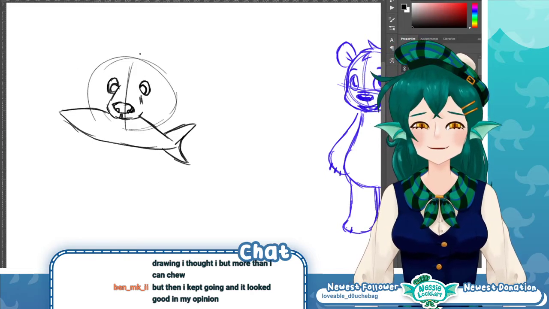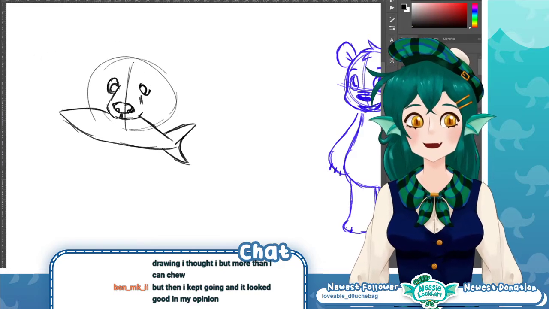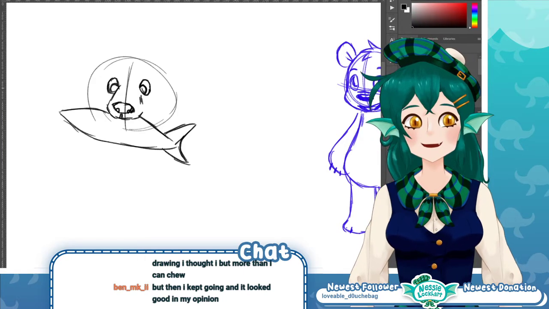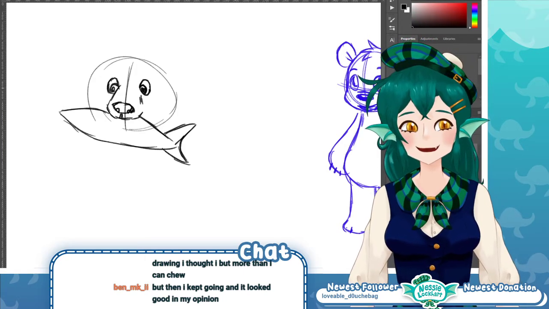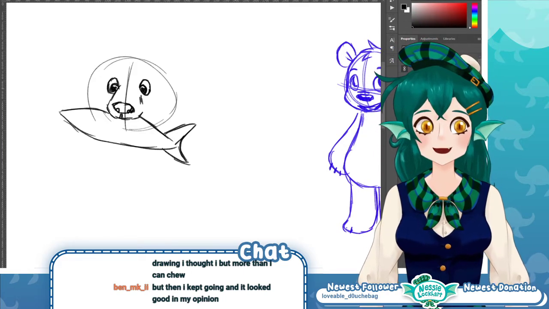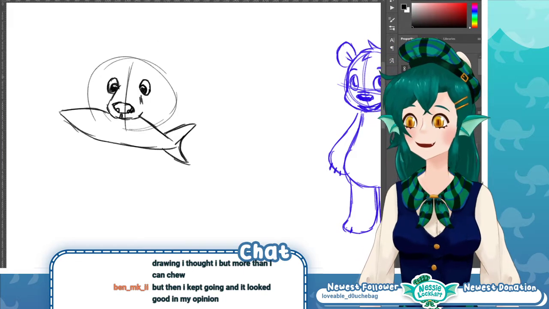Especially for digital paintings, if you just keep going, it could turn out really good. A lot of that is in the details. I'm not the best at digital painting. I haven't done it in a while, but I do know from what I've heard that it's pretty much in the details.